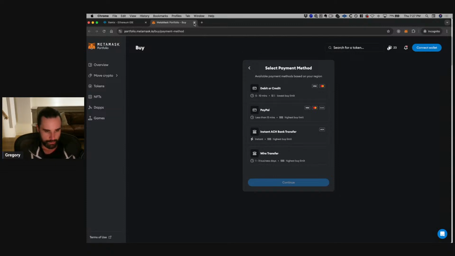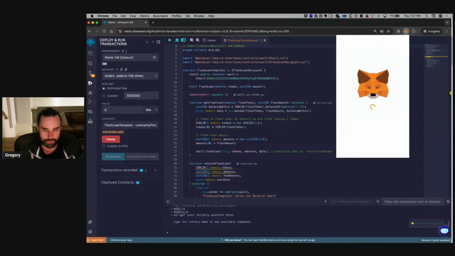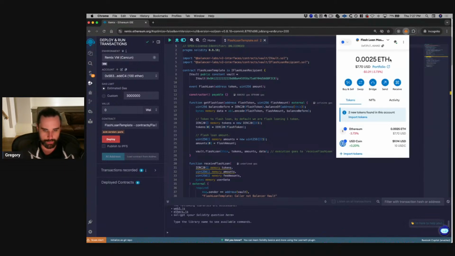So what would I recommend using? The wallet that I'm using for demonstration purposes, just to test this out, I've got like $7 worth of Ether in here, and I've got $10 worth of USDC. So you could even have less than that. I'm using $10 USDC for our passive income example later, just to demonstrate it. You could probably get by with a few dollars worth of Ether, like $2 or $3. That would be fine to test this out over and over again. So yeah, you've got to have your MetaMask wallet funded. You need to have the Base network selected.